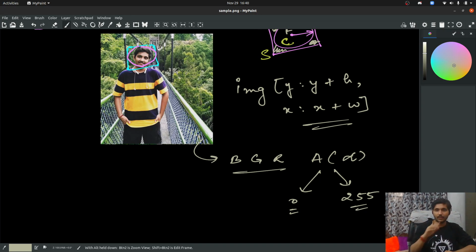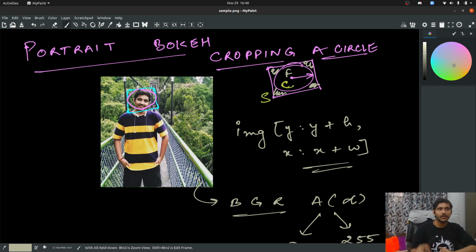And between that, you can range it from 0 to 255. So what I'm going to do is make the whole image transparent first of all. How does it help? Think about it. My idea was whatever pixels are inside the circle, let's make them opaque, and make sure everything else is transparent. What happens is when we save that image as a PNG file on a plain background, those things will not